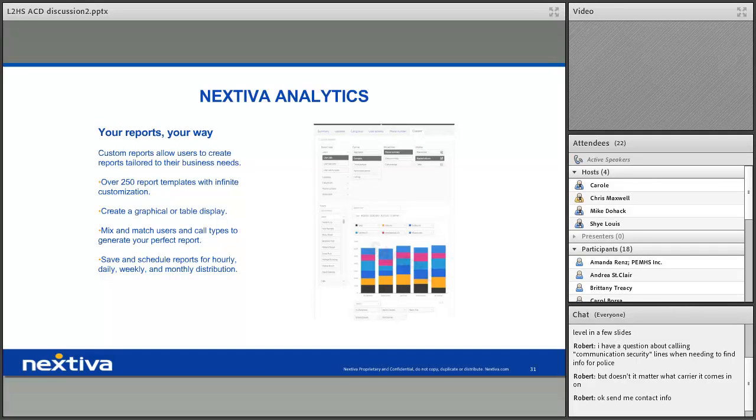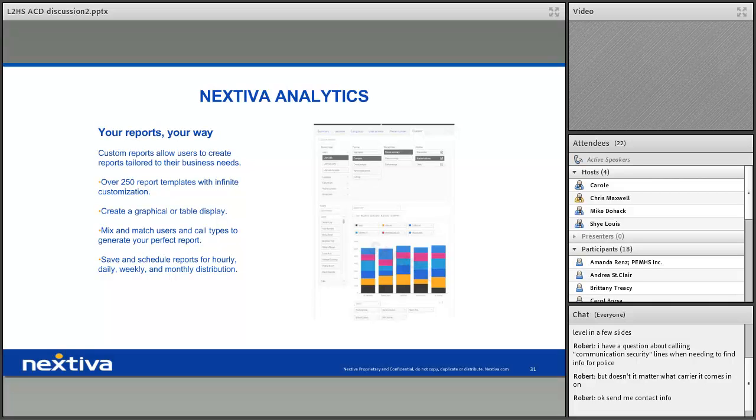Some more analytics. Custom reports allow users to create reports tailored to the business needs, of course. We have over 250 report templates with infinite customization. You can create graphical and table displays. You can customize just about anything with the Nextiva Analytics. Mix and match users and call types, from inbound calls to missed calls, from unique calls, and basically make it completely customized, okay?